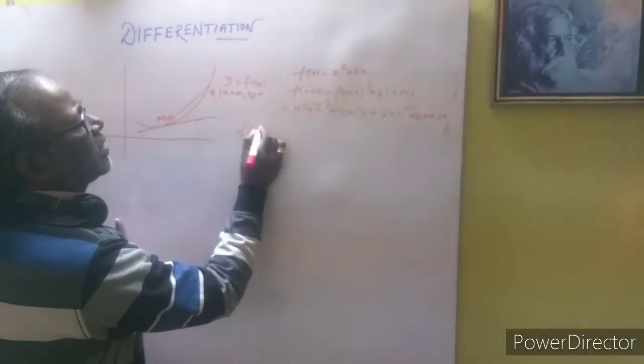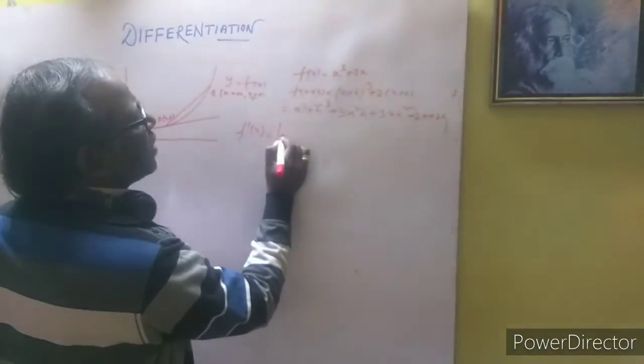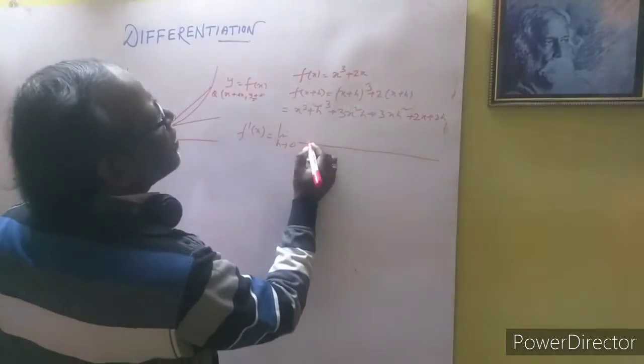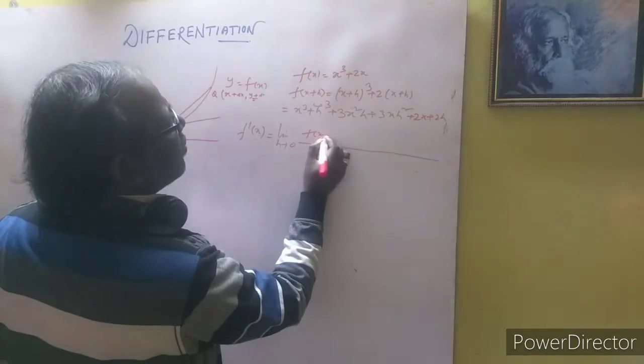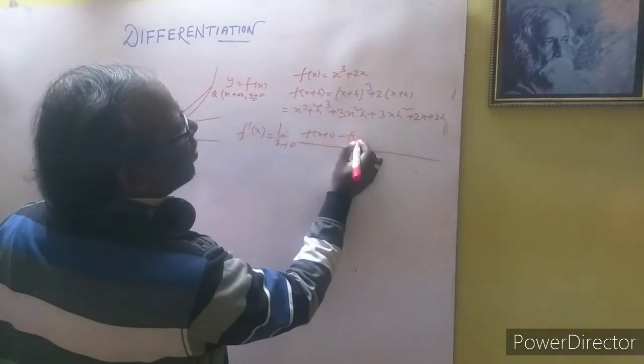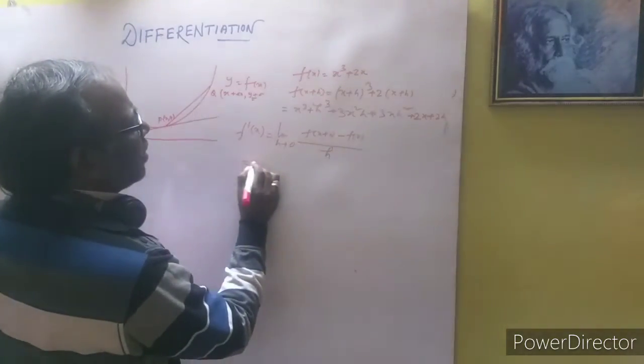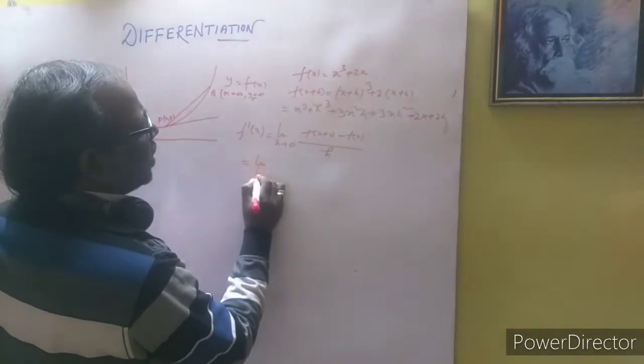And f dash x is equal to limit h tends to 0, so see here f of x plus h minus f of x by h,